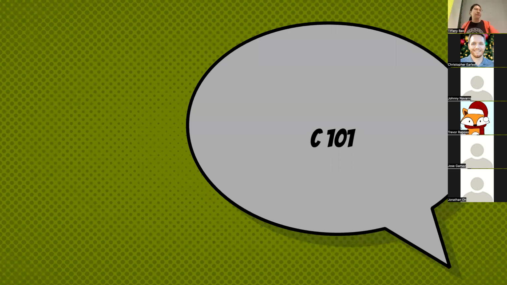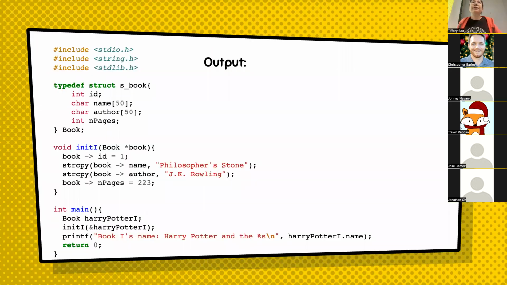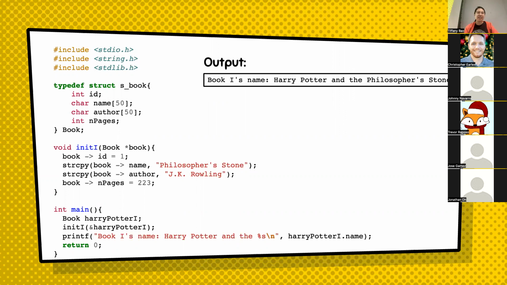All right, so first C. Let's start with this program. Can someone tell me what is the output of this program? Yes, exactly. So the output would be book one's name, Harper, and then philosopher's stone, and then a new line,